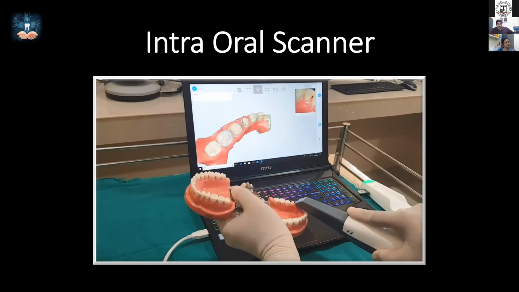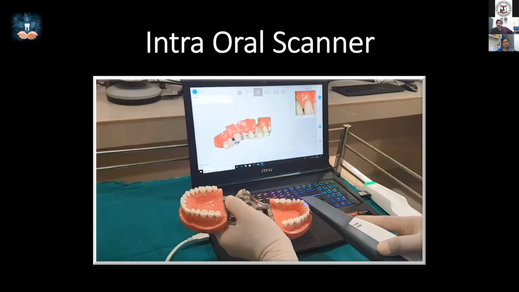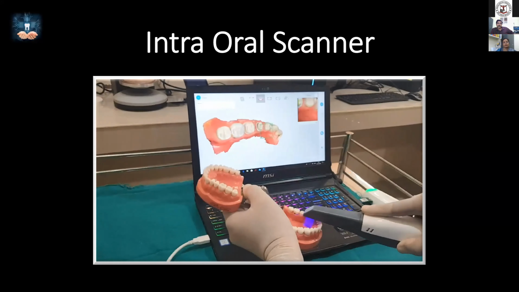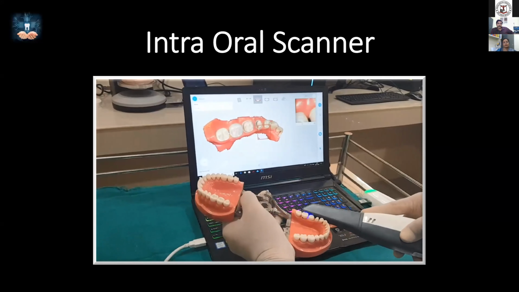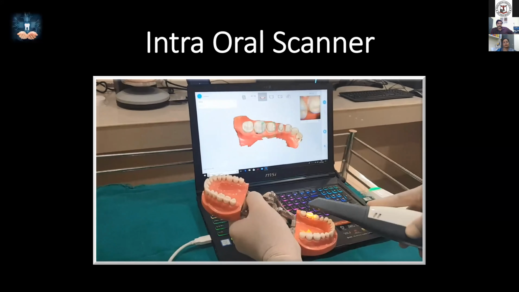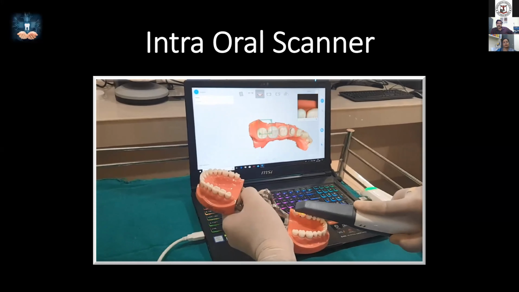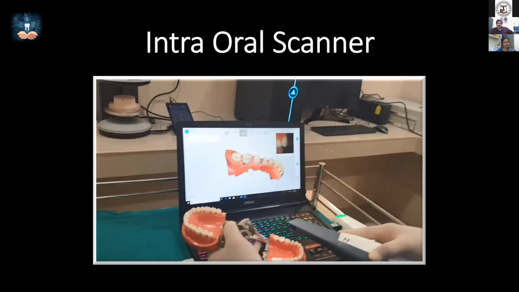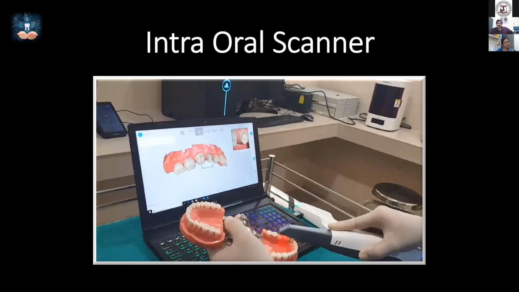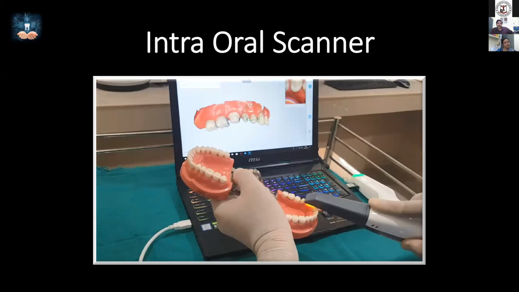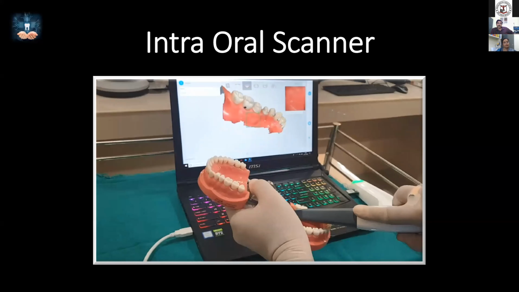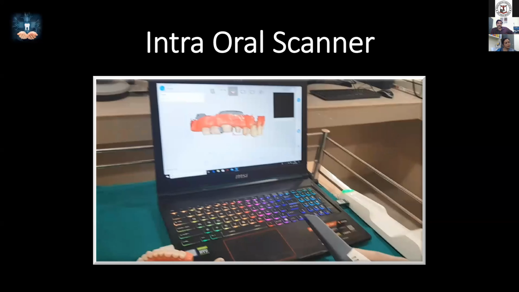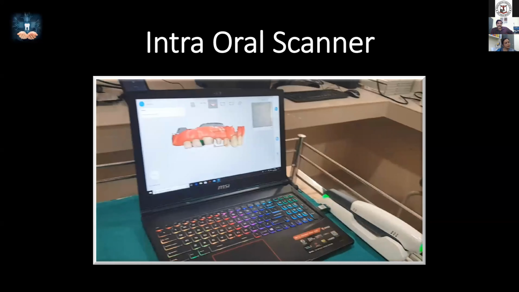After completing the buccal, lingual, occlusal, we can do some scanning of the alveolar ridge. Now the scanning is complete.